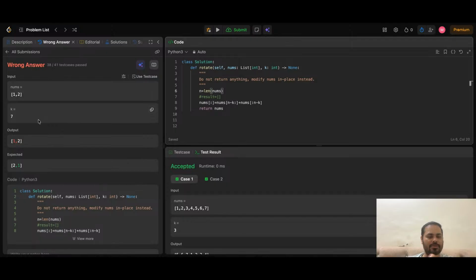Okay. So if you have this input 1 and 2 and k equals 7, then the output is coming something like this. So we have to resolve this now. One more thing we can point out is that k can be greater than the total nums. So what we can do is, we need to have the multiple of, so what idea I can put is, let's say